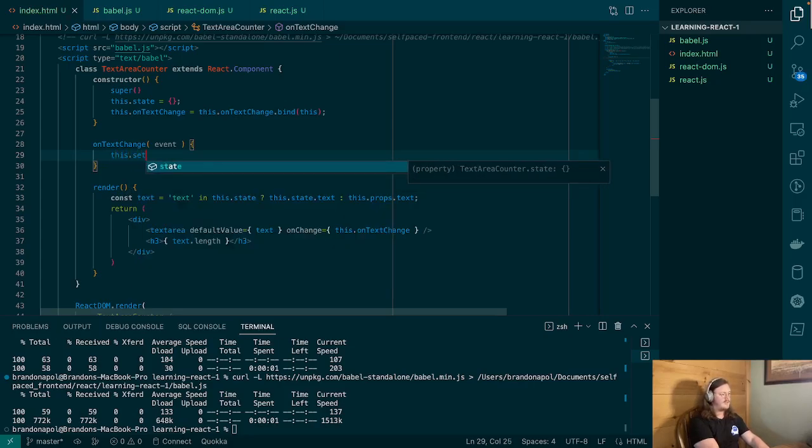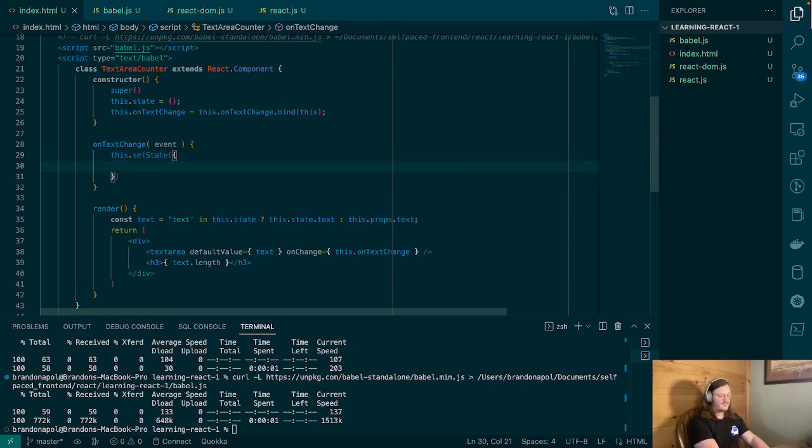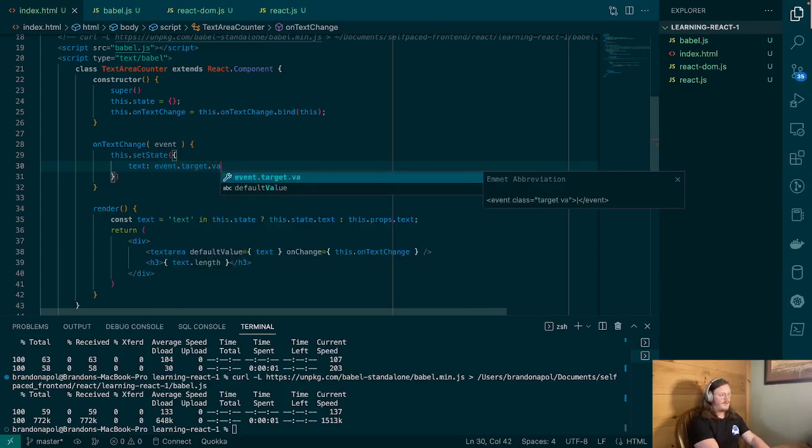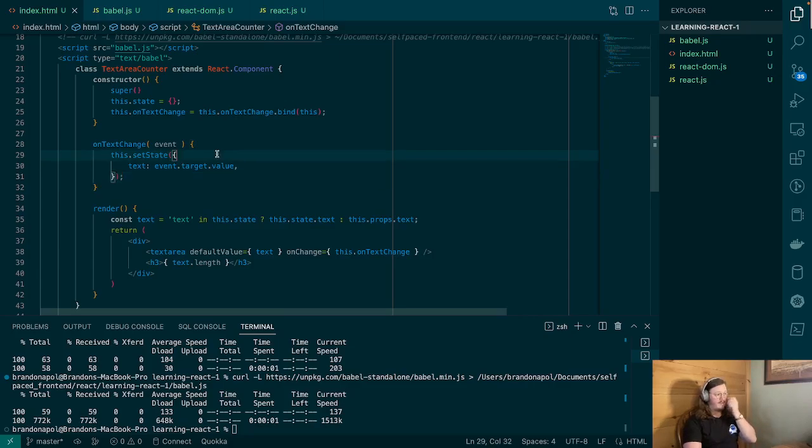So this dot set state. Again, your head probably should be spinning. If it's not spinning, congratulations, you're smarter than I am. And that should be the end of that. So here's what, so this is an object that we are setting to the state. So again, our state is defaulted to an empty object. On text change, we're going to,